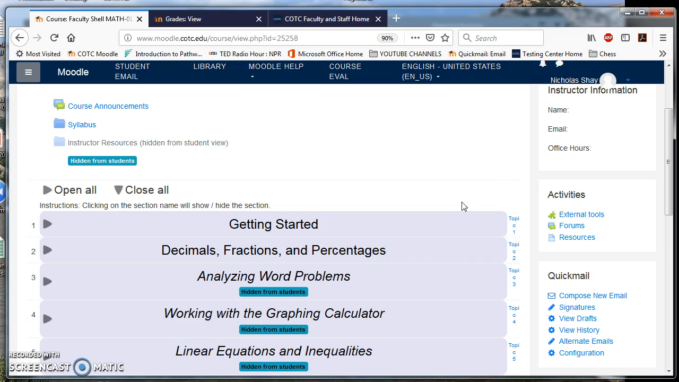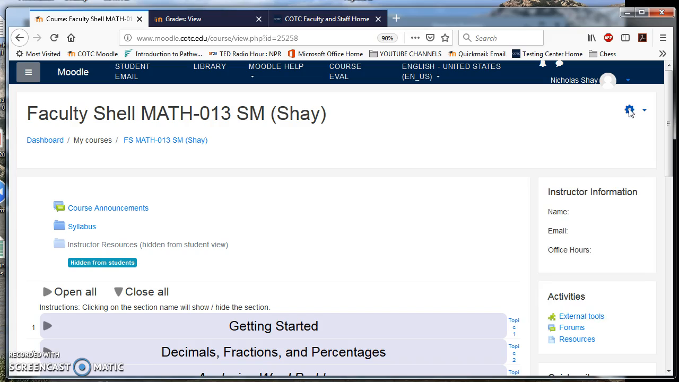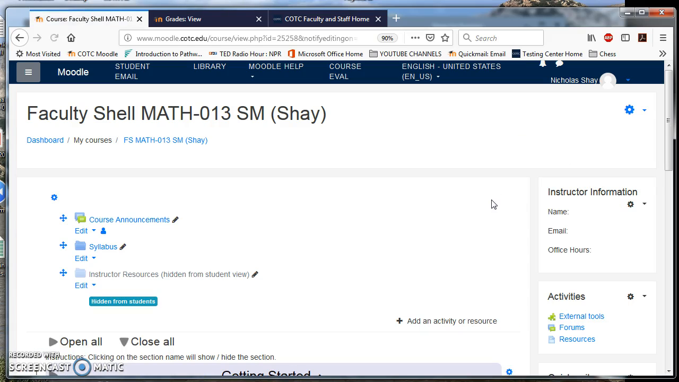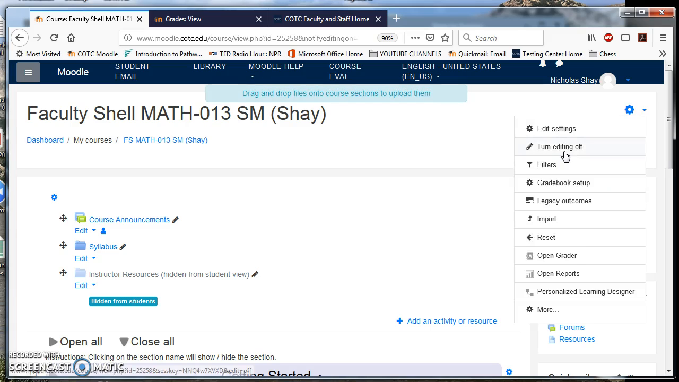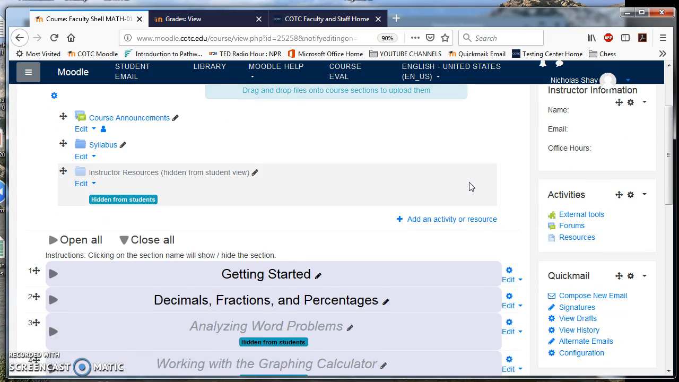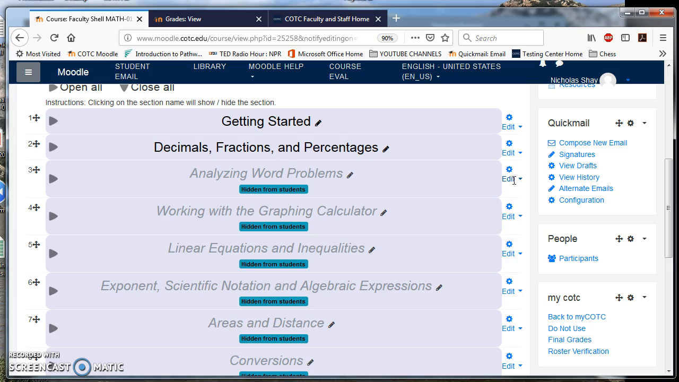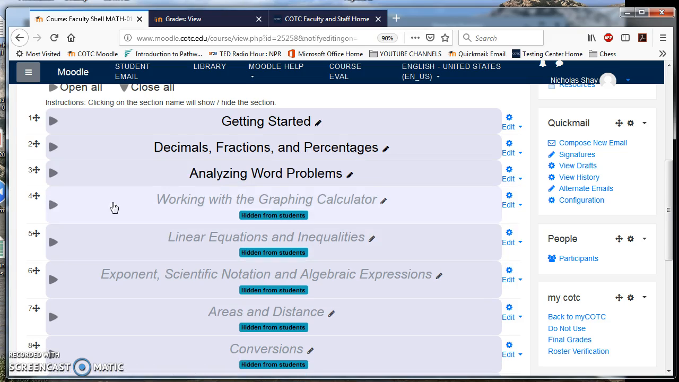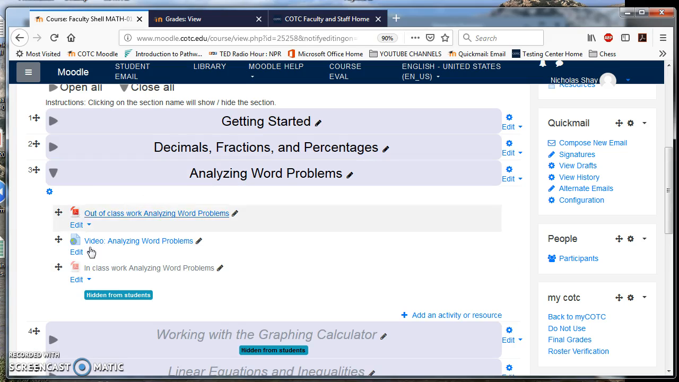After you've finished teaching your first section of Math-013, what you're going to want to do is go to your Moodle page and turn editing on. After we have turned the editing on, then to make a folder available, you simply click Edit and then Show Selection. Now, this folder is open, but you can see that the in-class work for that given day is currently